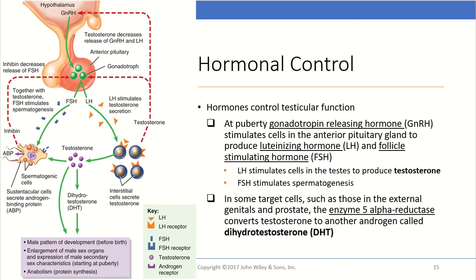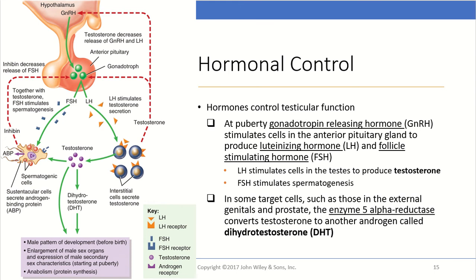So, looking at the hormones that are going to be responsible for controlling this sperm production and release, there are going to be several different hormones that control testicular function. At puberty, gonadotropin-releasing hormone is going to stimulate the cells in the anterior pituitary gland to produce luteinizing hormone and follicle-stimulating hormone. Luteinizing hormone is going to be responsible for stimulating cells in the testes to produce testosterone, and then follicle-stimulating hormone is going to stimulate spermatogenesis, so the development of